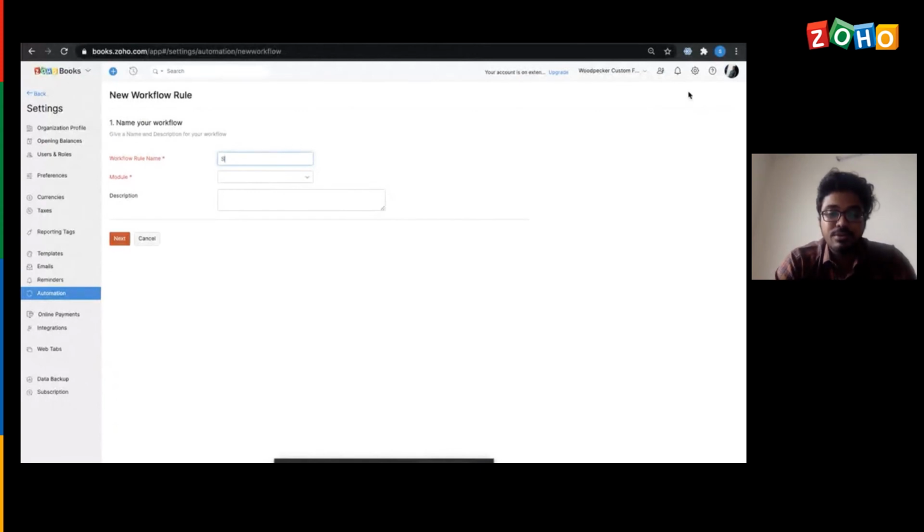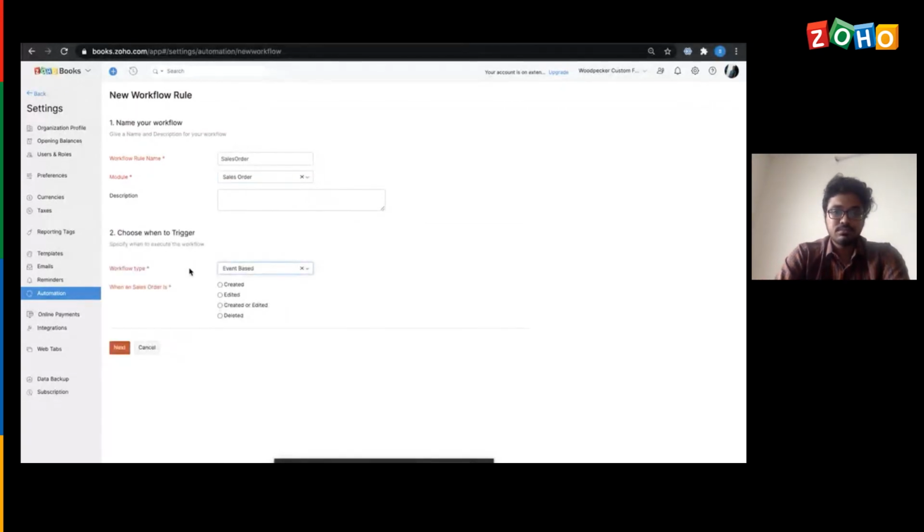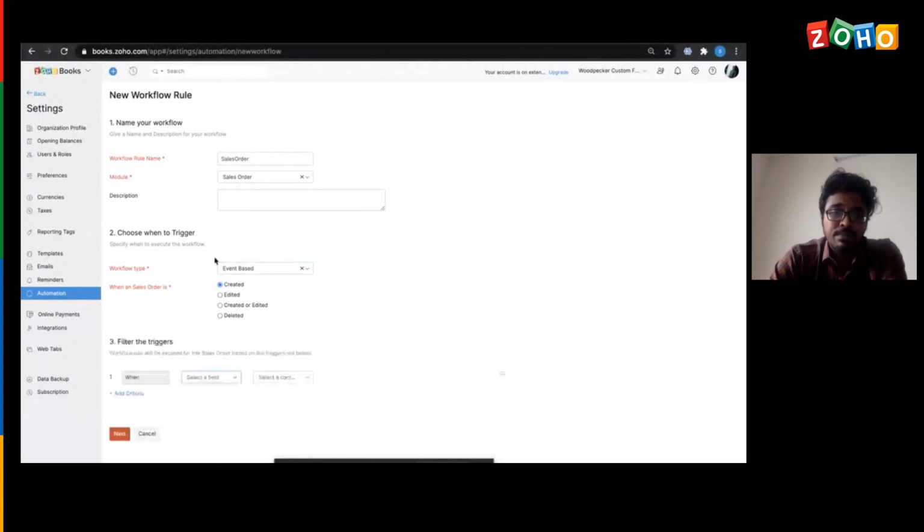Name the workflow rule. Select the module in which this workflow should get executed. Or if you wish to give any description, you can have this given here. Choose the workflow type when this should get triggered. So I've chosen that this should get triggered while creating a sales order, and I'll have an additional criteria added to it that